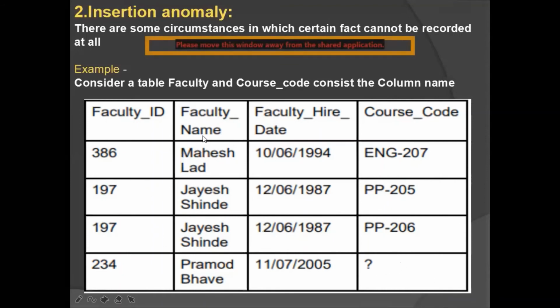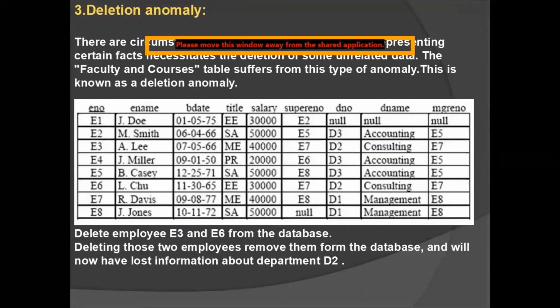Okay, so this is the second type of anomaly that exists, that's an insertion anomaly. Your third type is your deletion anomaly. So if you relate deletion and insertion, you find it a bit similar, similar in the sense that it is obviously an opposite part, but the way it works, the example that I give would go the same. For your insertion part, I said that half information is there, and half information is still not with me, so there's a problem putting that half information into my table.